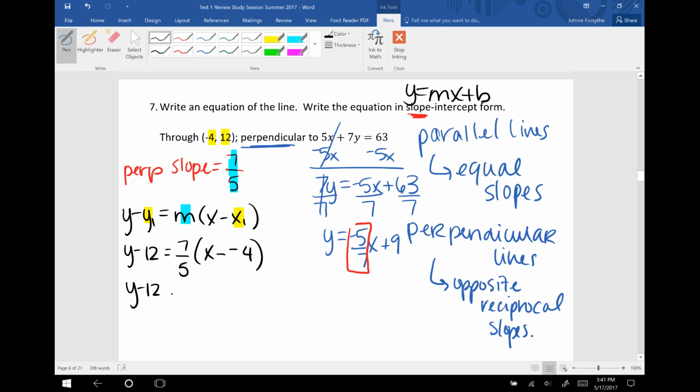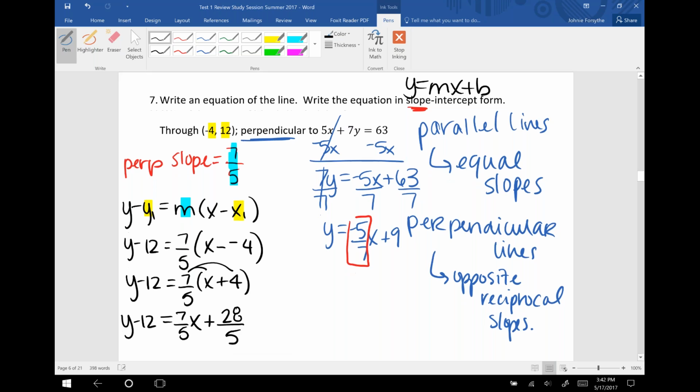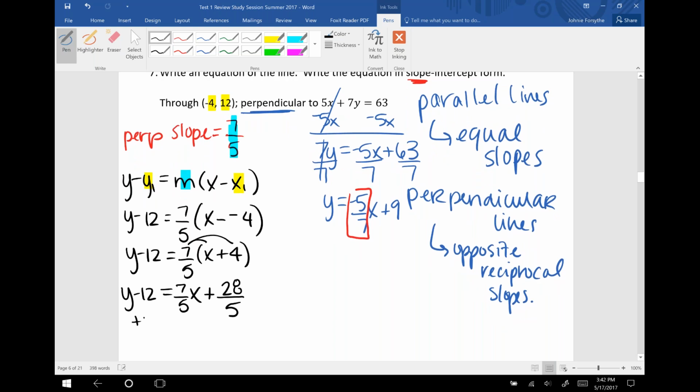So we have y minus 12 equals 7/5 times x plus 4, because minus and negative just becomes positive. And now before we add 12, we want to distribute that 7/5. So that's 7/5x, and then 7/5 times 4 would be positive. 7 times 4 is 28/5. And so now we're ready to add 12 to both sides. So y equals